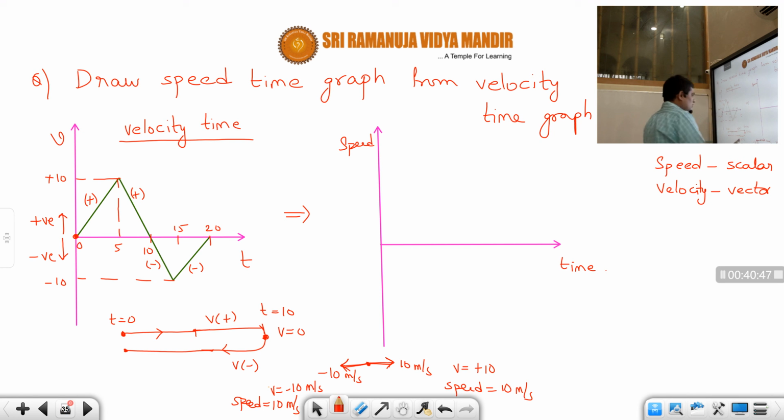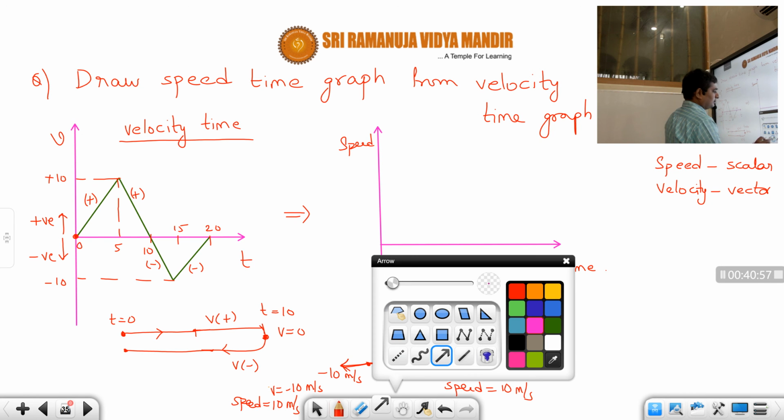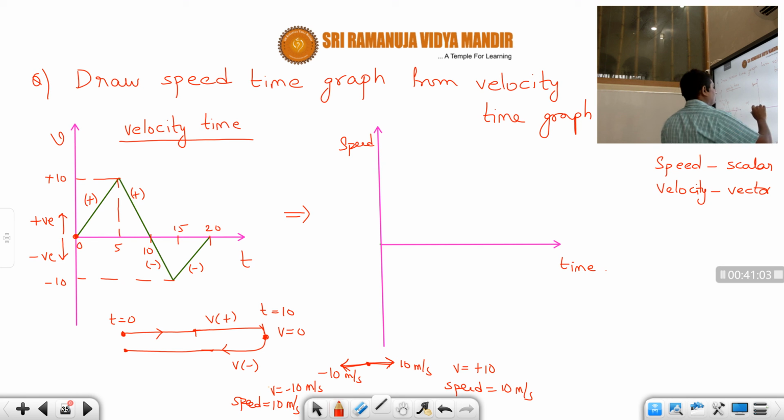So even though the velocity is minus 10, when it comes to speed we just have to write the magnitude only. That means if you want to draw the graph of this one, just take the magnitude of the velocity. That's all. So from t equal to 0 to 5 seconds, it is the same as usual. The same graph can be drawn like this. This is t equal to 10 seconds. Now from 10 seconds onwards, the velocity is negative, but when it comes to speed you will say still 10 only, and of course it is increasing. So the shape of the graph will be like this only, students.